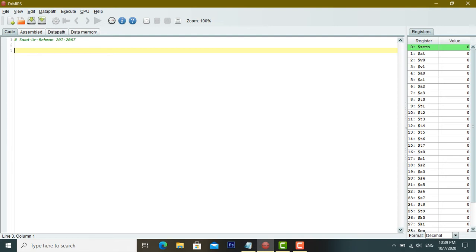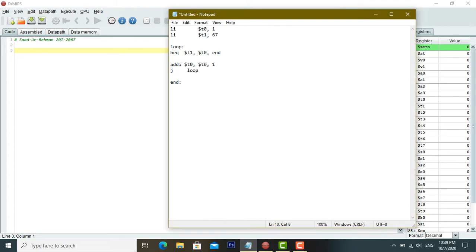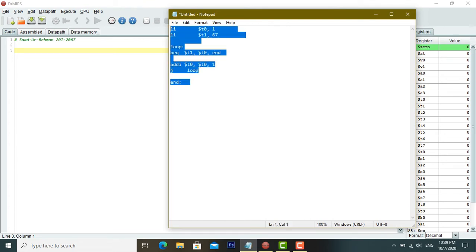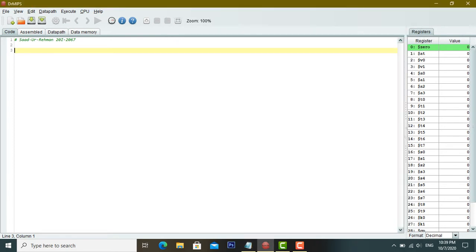So here we have the code of the for loop that we will simulate the working of this loop in